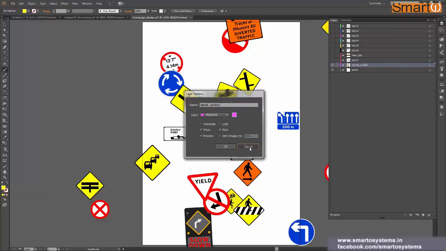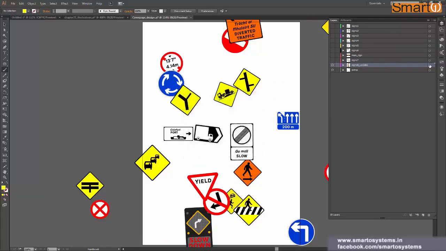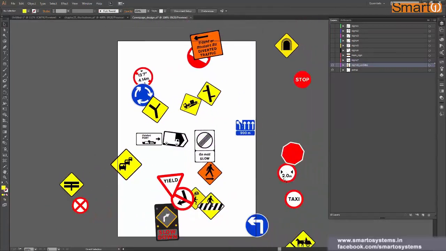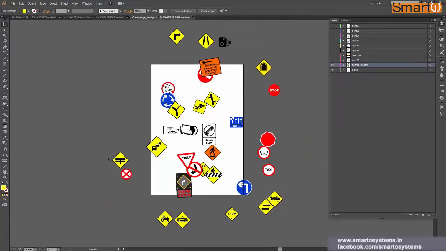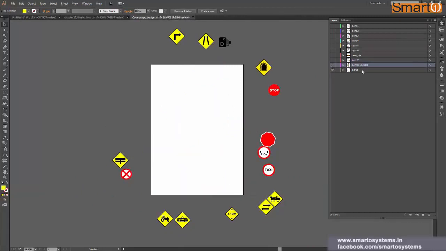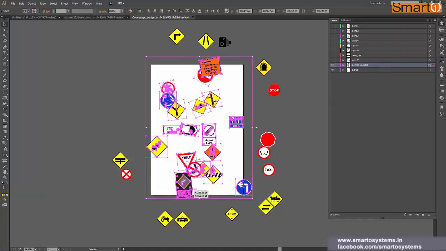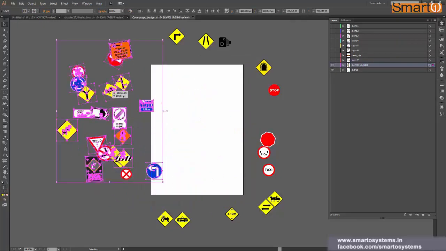Okay, so we have all our layer options covered, and then we have this circle next to it. When we click on this circle, it selects all our shapes on that particular layer. So right now, like you can see, I have two layers that are visible, and the shapes outside the artwork are in this extras layer, whereas the shapes inside the artwork are in the Sign 8 Update 1 layer. So when I click on this, it selects all those shapes which are inside the layer. So yeah, now if I want to move all the shapes together, I can just click and move them.